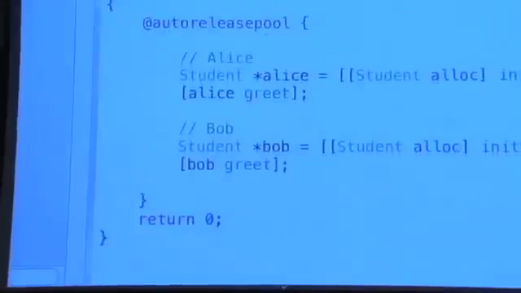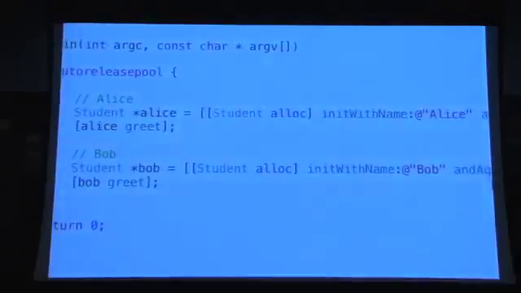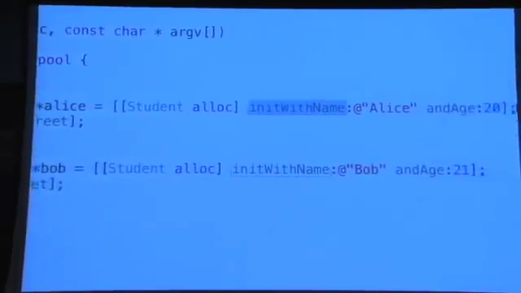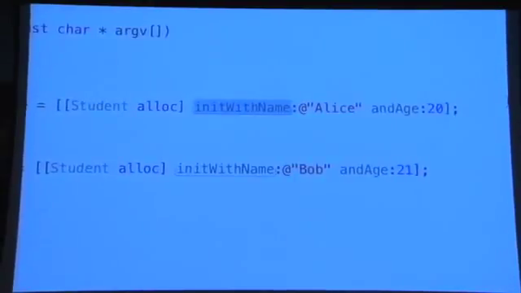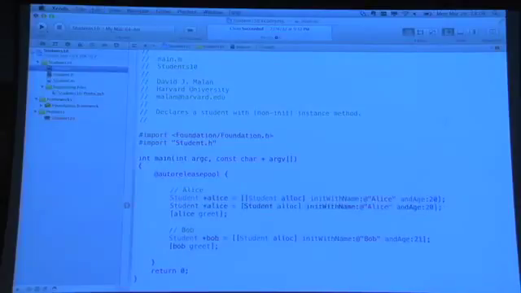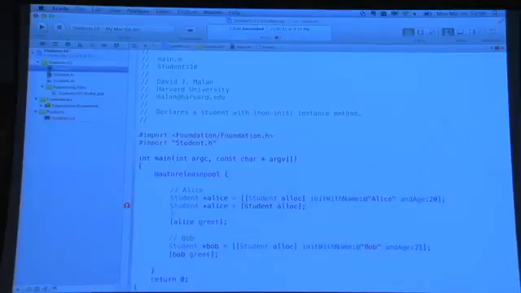All right. So in the M file, how are we using this thing? Well, we are allocating Alice, and as per convention, we are initializing that object all within the same line with the nested brackets. Just to be clear, we don't have to do it all on one line here. We could do this a little more pedantically. Clean up that line, and then we can say